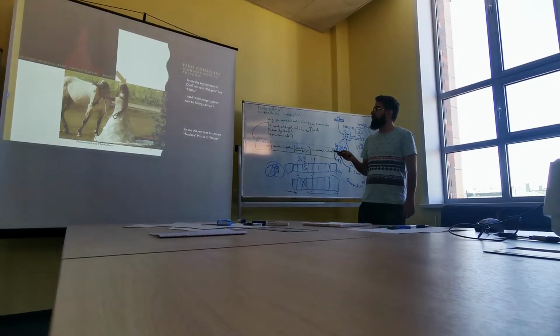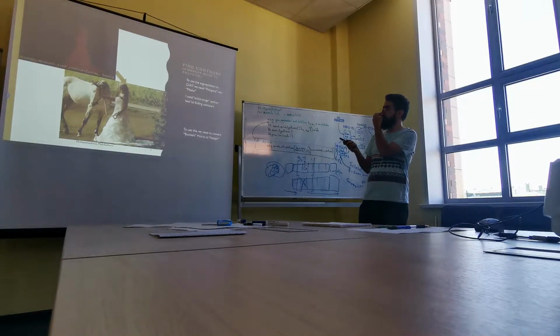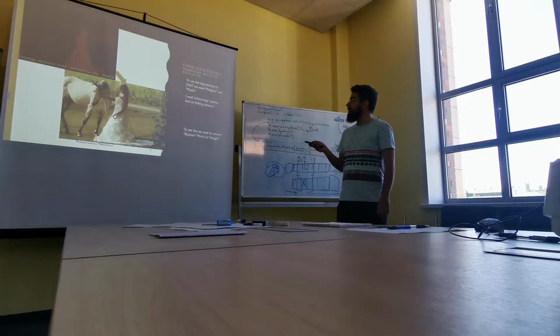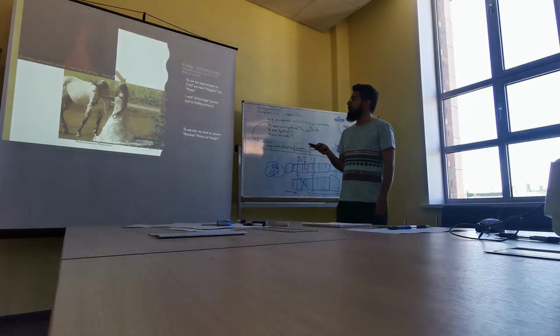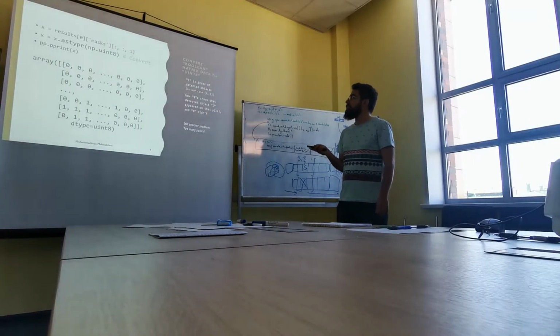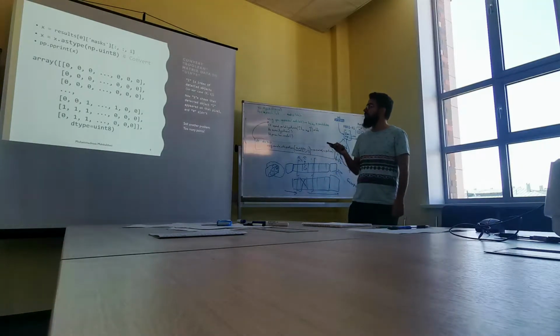So we need to find... I tried to find contours to convert the mask to a polygon using scikit. Yeah, this scikit function, find contours, kind of transforms it to this. But for using this function, we need a matrix of integers, not Boolean. So I tried to convert it to uint8 using NumPy, and it gives us some kind of this